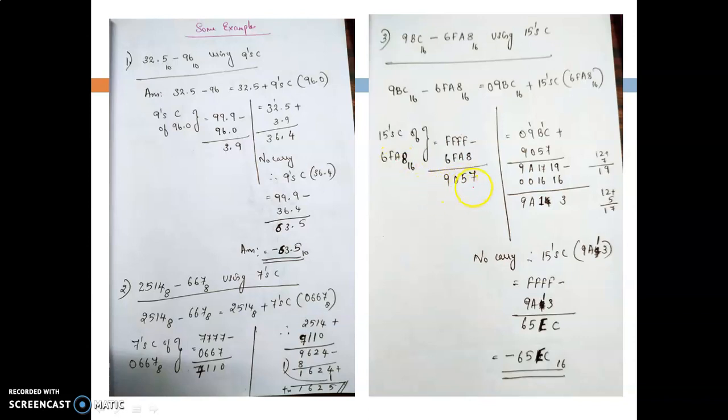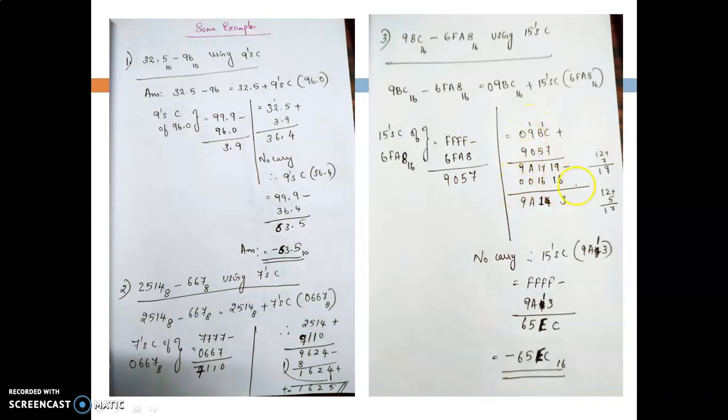Now you are going to add 9057 with your 09BC. So 7 plus C is 19, which is an invalid hexadecimal digit. So you subtract 16 and a carry will be provided. You're performing the addition method, not the subtraction method. Then C, B plus 1, it is C, plus 5, it is 17, again invalid. So you subtract 16 and the carry is provided. 9 plus 1, it is 10, so it is A. Then 0 plus 9 is 9.